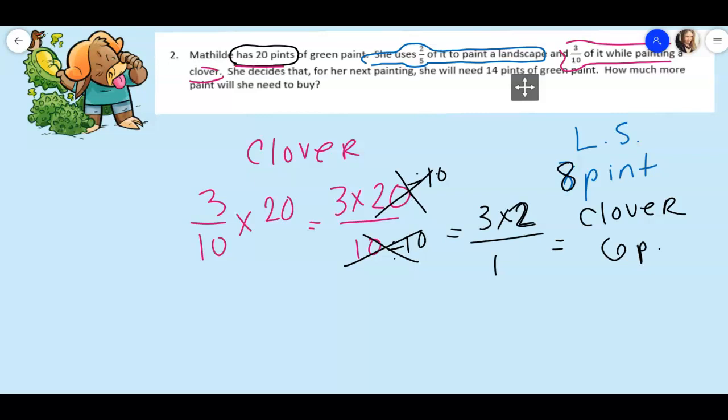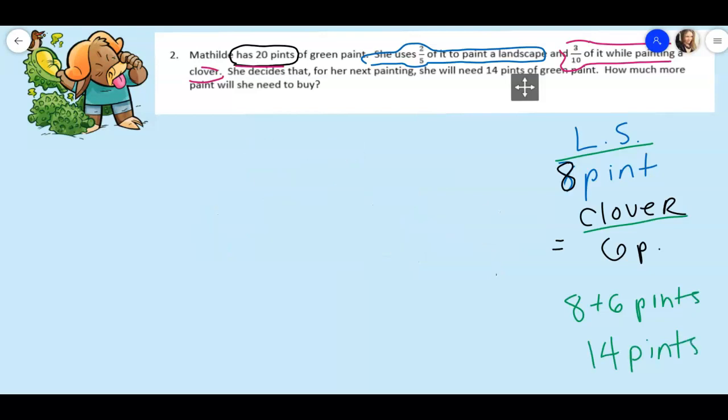So what I know is that with the landscape and the clover together, she used a total of 8 plus 6 pints. That's a total of 14 pints for these 2 pieces of art. Now if I come back